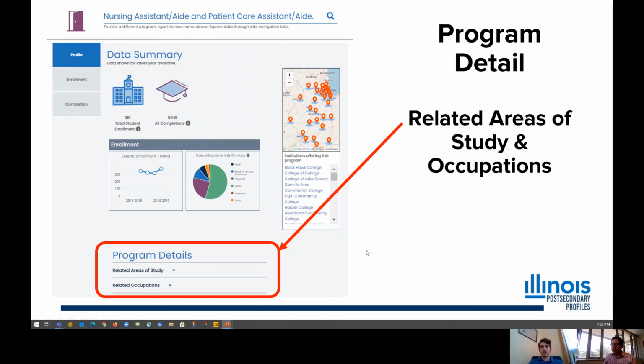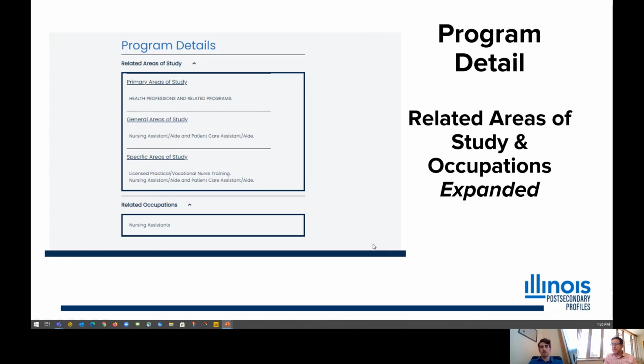One of the really cool things about this at the program is even within the program, there are obviously other programs that are similar and related to it. And you can get to those straight through the program details at the bottom of the page, which will allow you to connect with related areas of study or related occupations. So different things you might go into if you earn a degree, whether it be an associate degree, a bachelor's degree, a master's, a professional degree, or doctorate from these programs. And so the program details look like this, for example, telling you primary areas of study, general and specific areas of study, and then the related occupations.